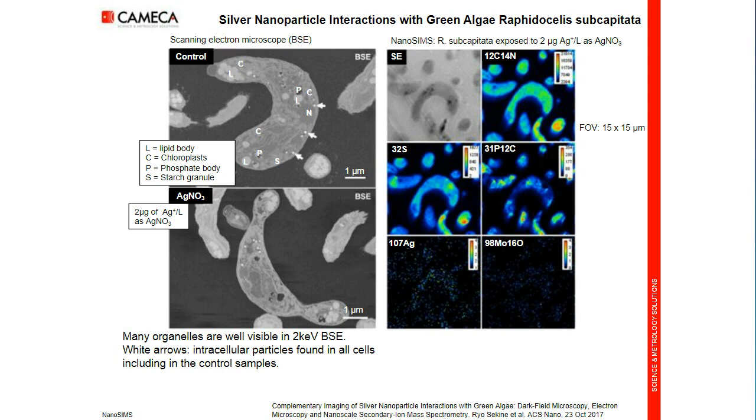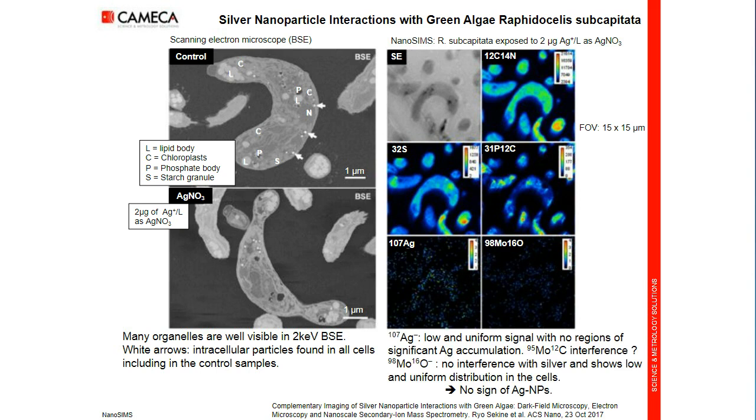Secondary electron and CN, protein and biomass, are consistent with SEM images. Silver signal is very weak, if you count only, and does not show any nanoparticle presence. Background might come from a contribution of molybdenum carbon, possibly. So here we do not see any nanoparticle in these experiments.